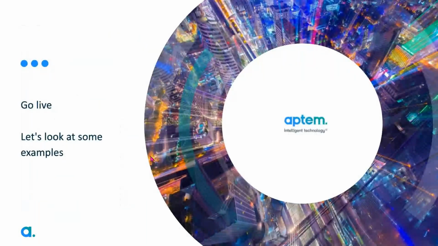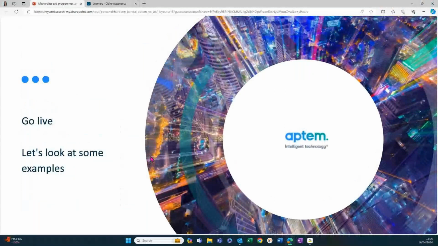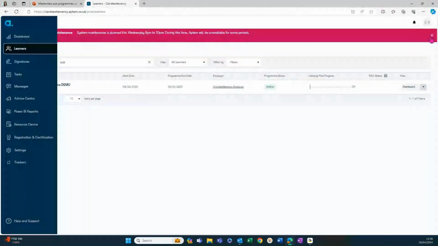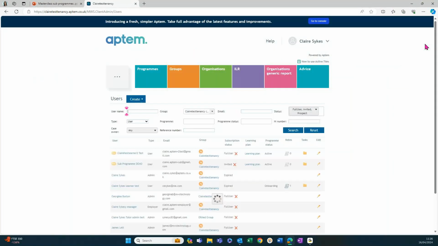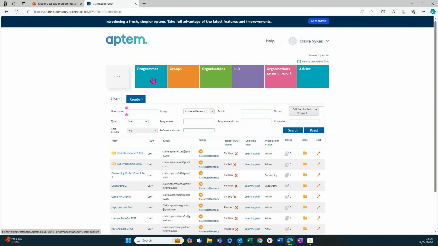So let us look at some examples. To do that, I'm just going to jump into my own tenancy. I'm just going to check my screens for a moment. Yes, I'm in the right place, so that's brilliant. And I'm going to jump back into Classic actually, just for a moment, just to have a look at where we would build this. This isn't a webinar where we are looking at building programs, so I'm just very briefly going to show you